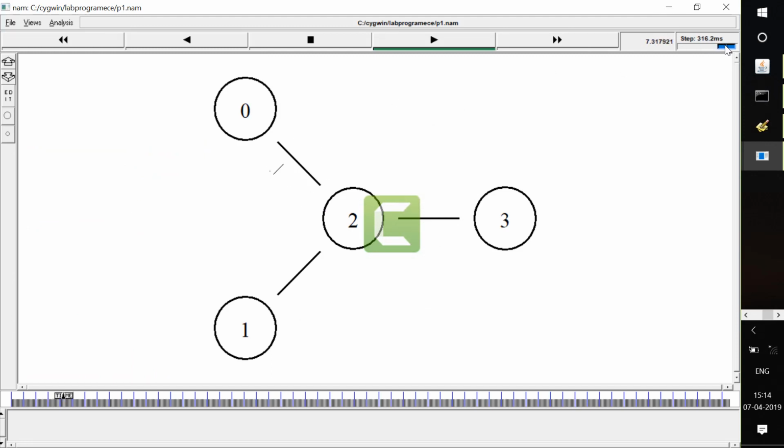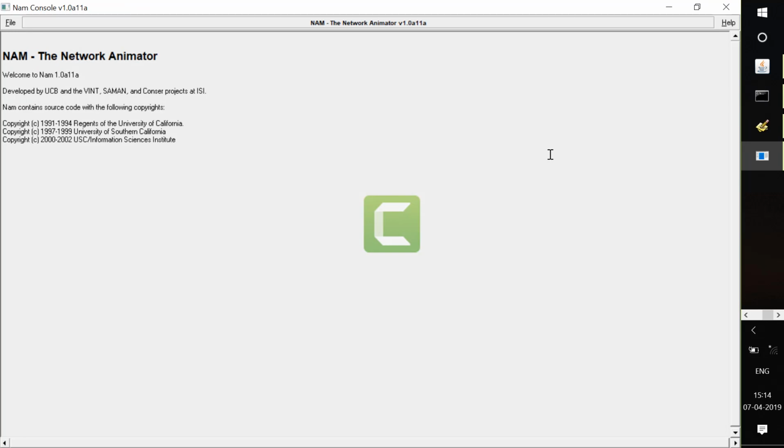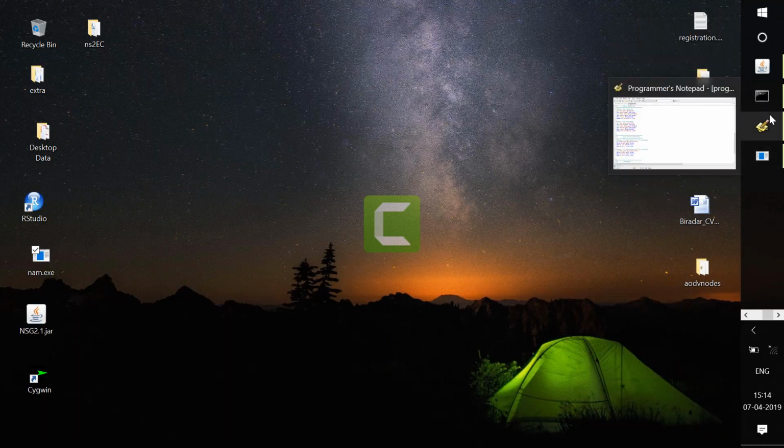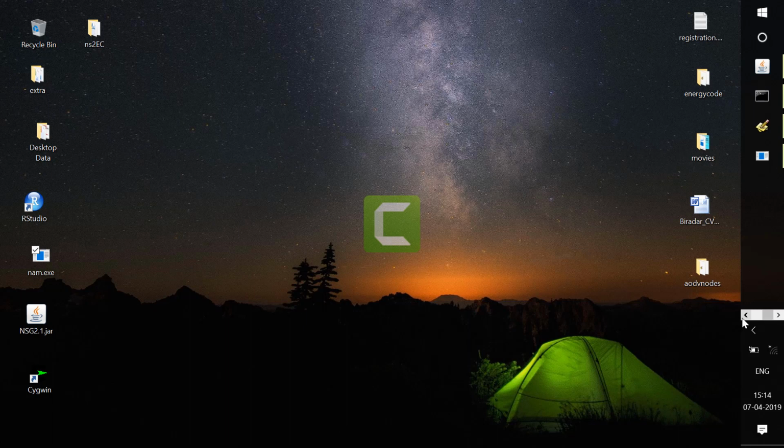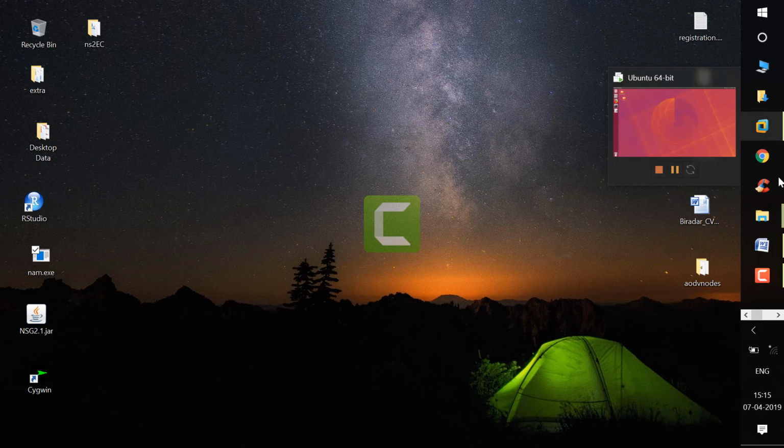You can see that it will transmit a packet till 50. Now you can see that after 55 this packet, that is node 1 will send a packet, it will receive the acknowledgement. It will continue till the 100 seconds, right? This is all about the animation. You can see here the animation. The same thing can also be implemented in Ubuntu also. You can work in that also. Same process is there. Execution is also the same.